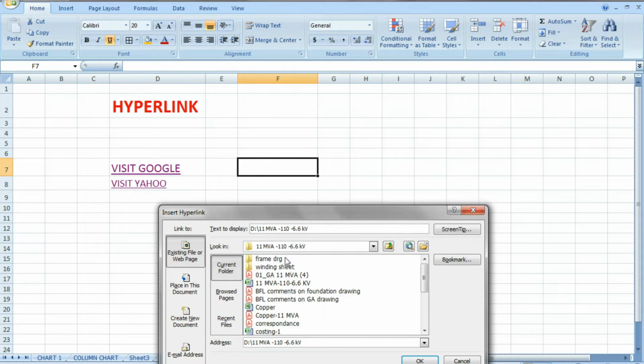I want to see the frame drawings immediately, and what I will write is 11 MBA drawings. Okay, this is the hyperlink I have created.